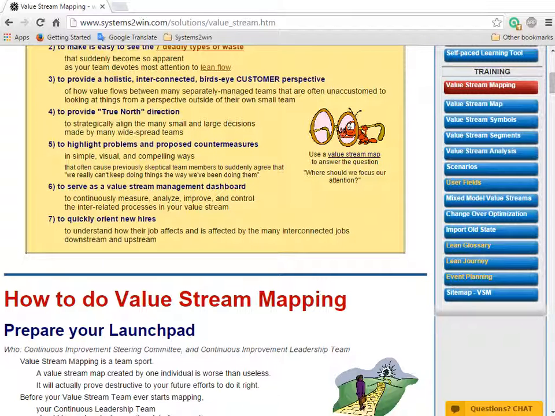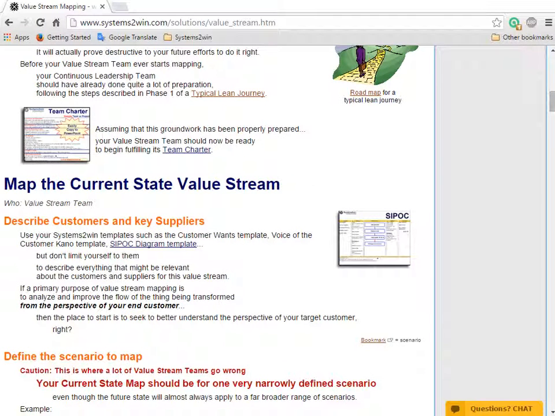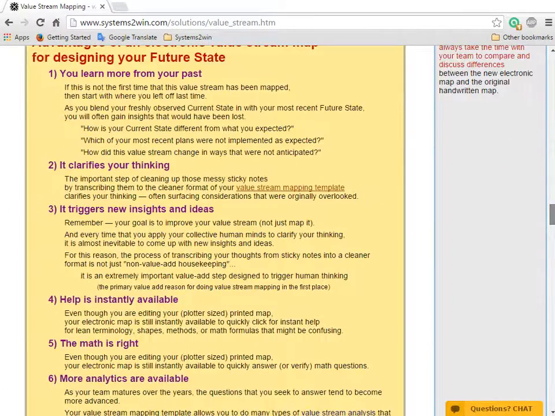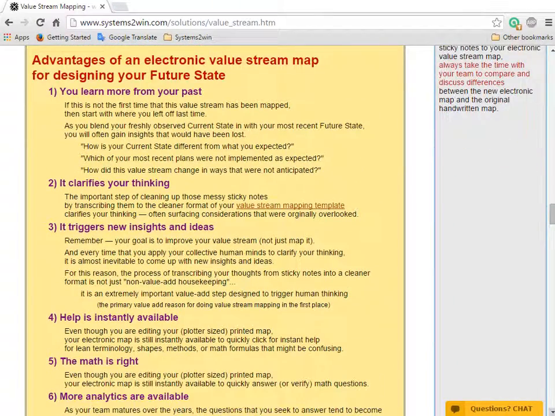Yes, my people have found this online training super helpful, even for those lean methods that they prefer to use pencil and paper instead of Excel. Hey, can you scroll down a little bit? I think this page has a good example of guidance for when it makes sense to use pencil and paper and when it makes more sense to use a more powerful tool.